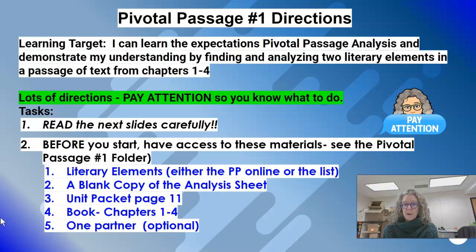And before you start, there is an electronic folder in Schoology that says Pivotal Passages. I also will have this list of literary elements. It's also online. It has things like diction, which is word choice, the words that Achebe uses. He uses lots of African words as an example, okay? Examples of figurative language like similes, metaphors, personification. The definition is here to remind you if you're not familiar with them. This book has idioms, so that is one of your options.